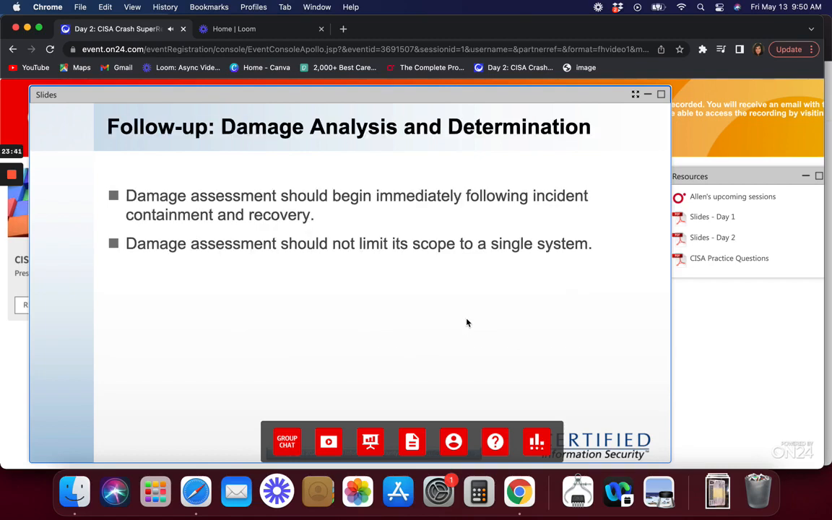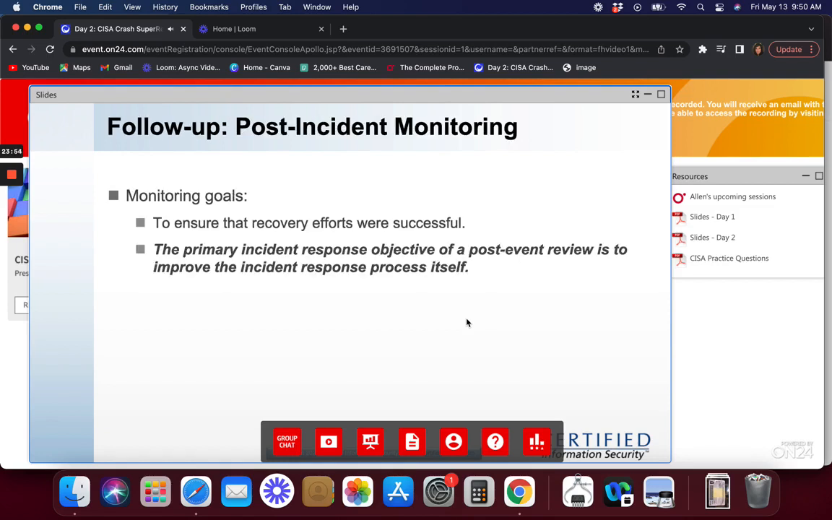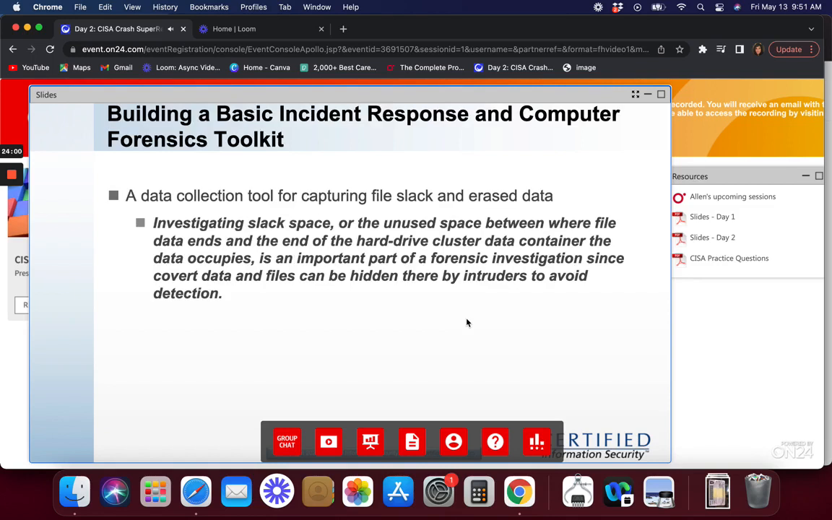Analyzing, determining potential compromises and issues from the incident. You start to assess your damage immediately following recovery. And then finally, post-incident monitoring. This is just making sure that you are back to all systems normal. And also, we need to recognize that we might need to prepare for incident response by having a basic incident response computer forensics toolkit, so that we can investigate